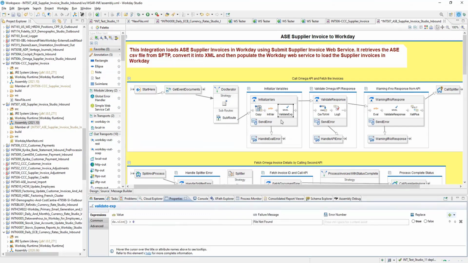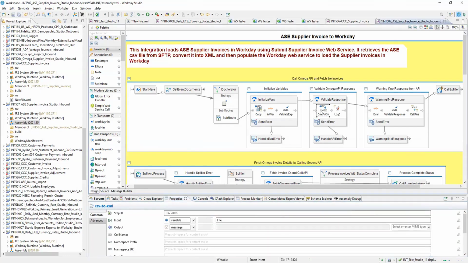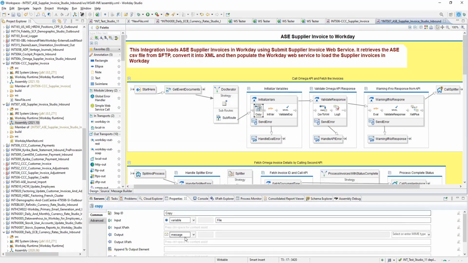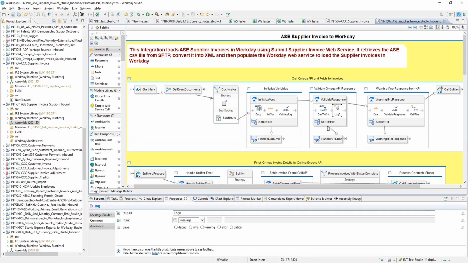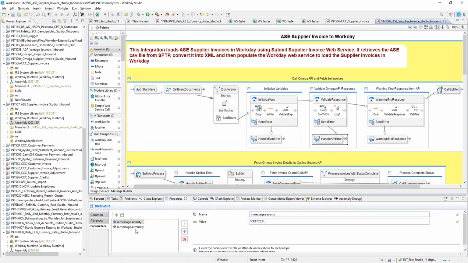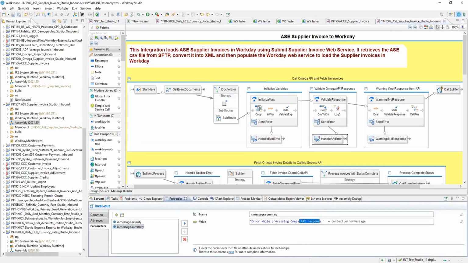Then after that, if it passes that validation, meaning the file is present, it goes to the next step where we are doing CSV to XML. Simple. Either you give a variable or you keep the message; it doesn't matter, because after this copy step our message is defined, so it's fine. I'm just logging it again. Send error is just making it a critical error, while this is just a copy-paste error. But you can say error while converting into XML.